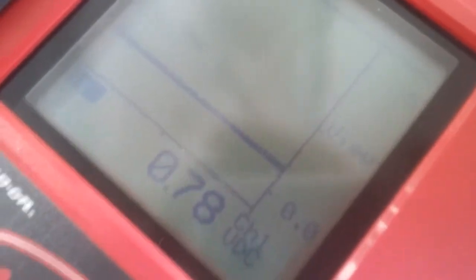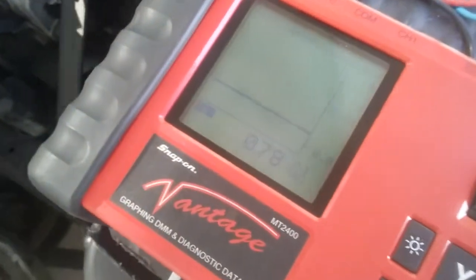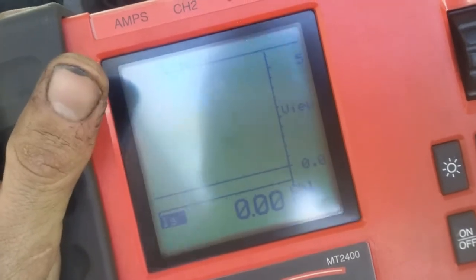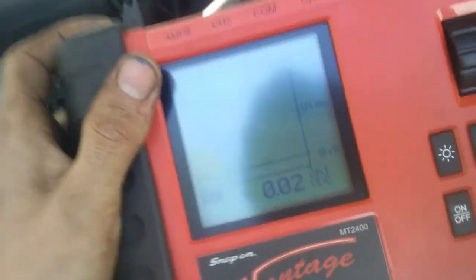So let me throttle it up here, although it might go right back down to that. Hold on. So we'll see how the signal changes as I rev it up. So the vehicle's off now. Obviously there's nothing going to be coming out of it right now, but you can see how that changed as I revved it up. Tested the 5-volt reference to make sure that reference feed was there, and then tested the